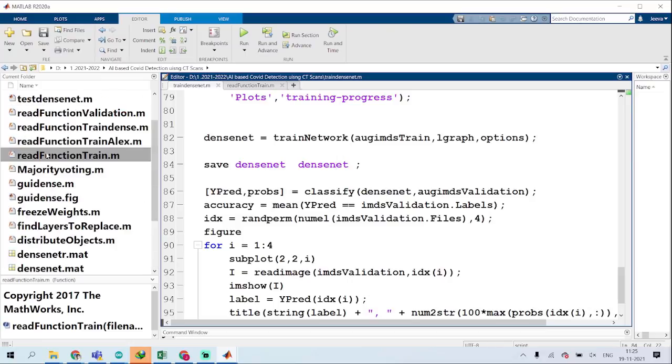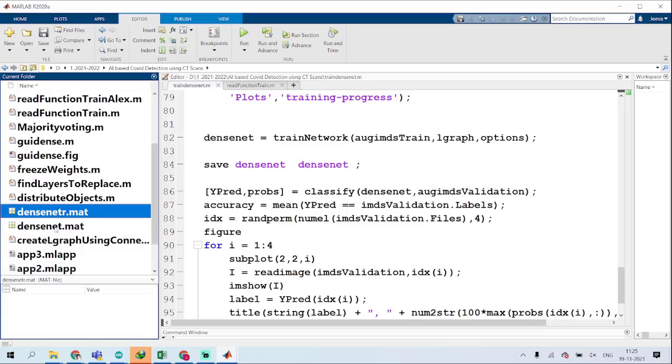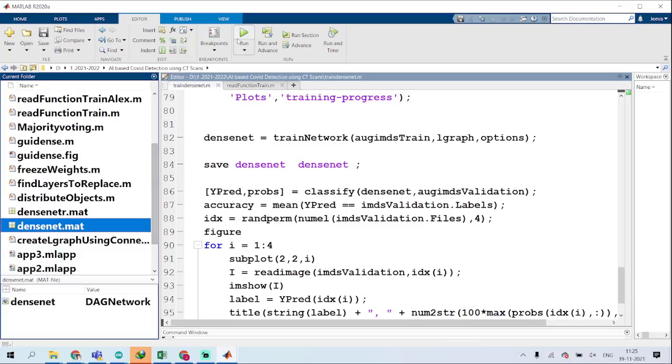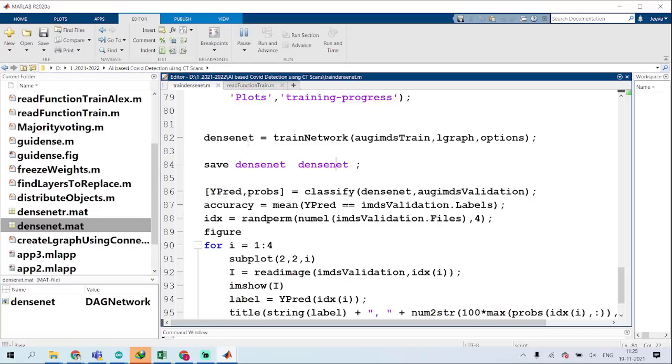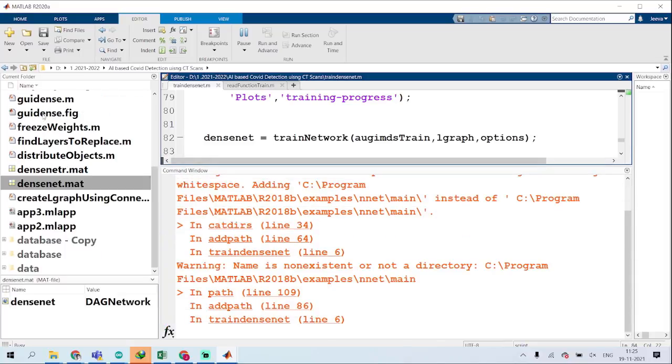If you check the current folder, you have densenet.mat. I'll just click run, and it saves a file. It fetches the folder from the current working folder.